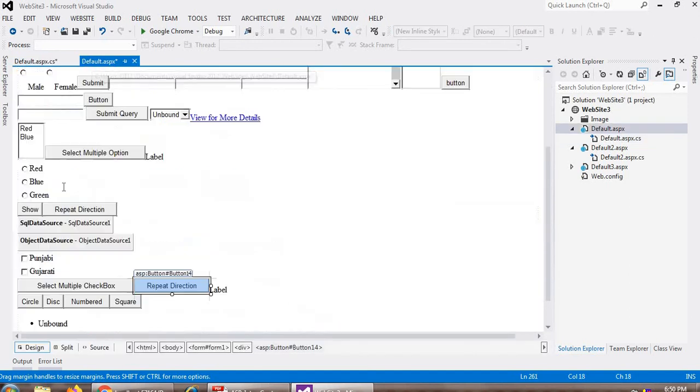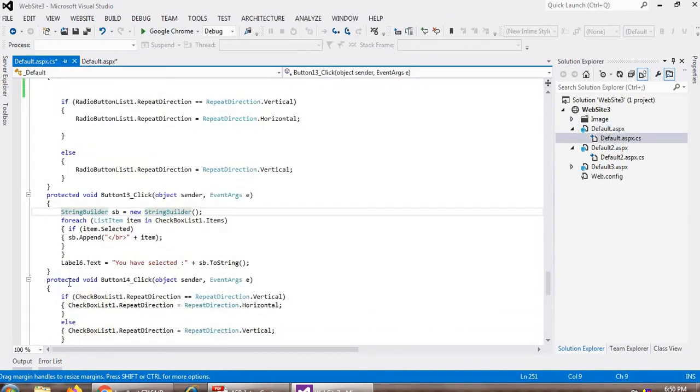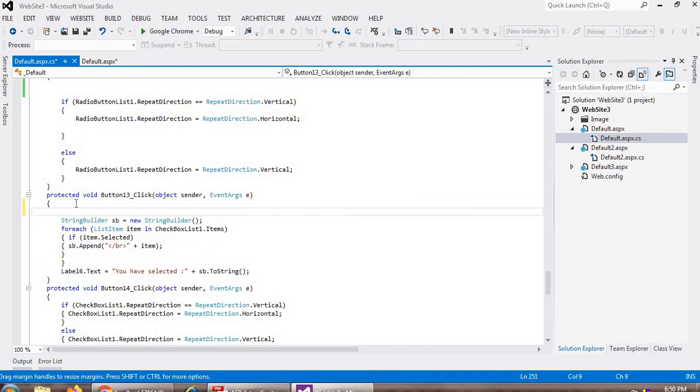And the same thing, I explain select the multiple checkbox and how I can do it. So here I can use a string builder class. We used this technique in the morning lecture when I explained the list box control, right?